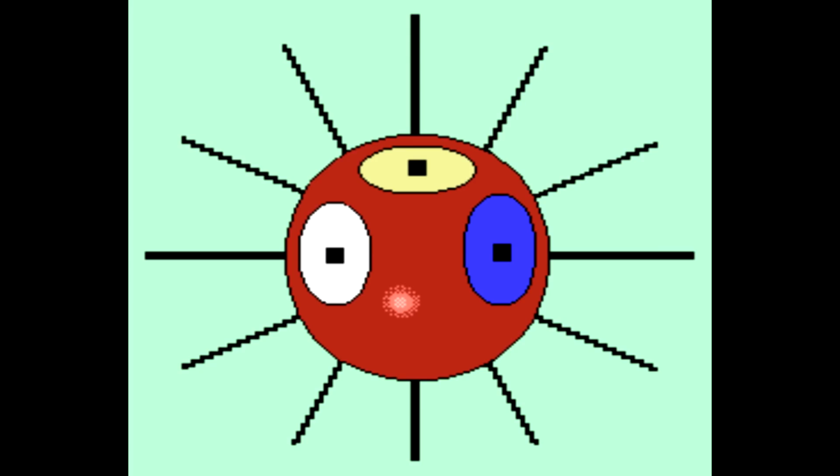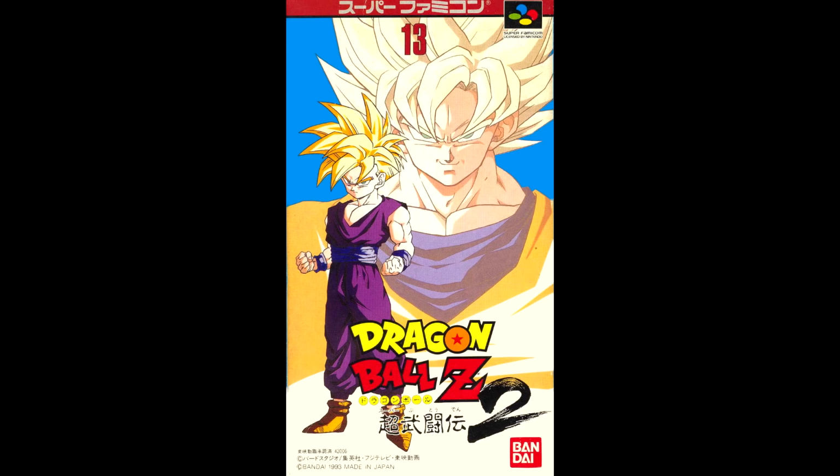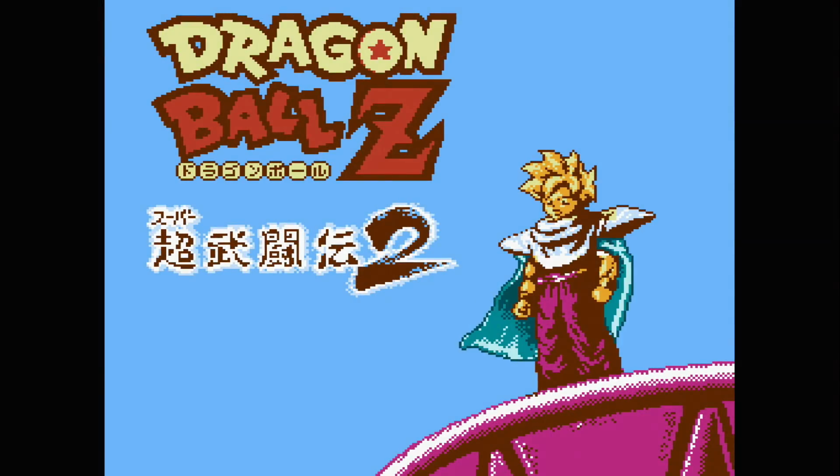Developed by Hummer Team and published by JY Company, it's a bootleg of the Super Famicom game of the same name. The title screen is almost identical to the original Super Famicom game, which is great. Matter of fact, I think they got it down to a T. Of course, you don't see Gohan flying in the beginning due to Famicom and NES limitations, but it's still very